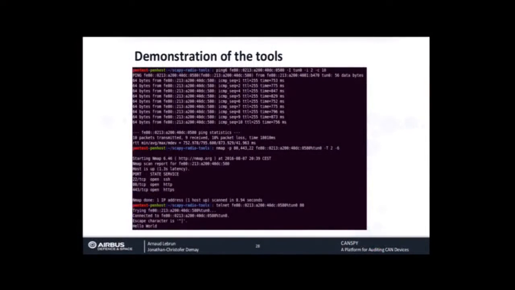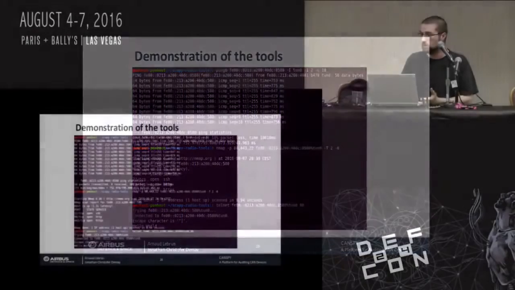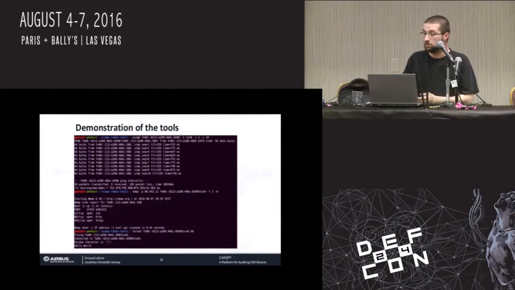But basically, as you can see, I do ping, I do Nmap, I do telnet, and I do all this from my computer. That computer has no idea it's talking to 6LoWPAN networks. The border router, with all the information provided by the scanner, is doing the job. So I can pretty much do standard penetration testing on this component without having to take care of the 6LoWPAN and the 15.4 parts of the network.